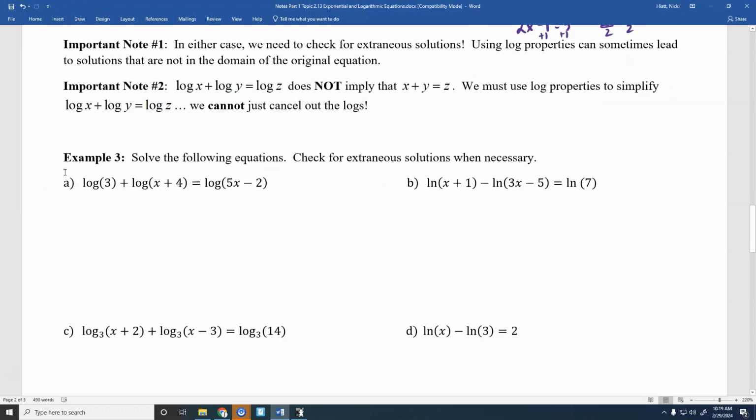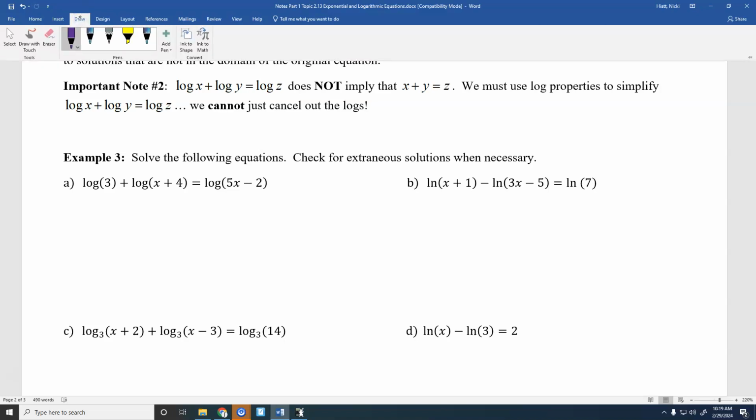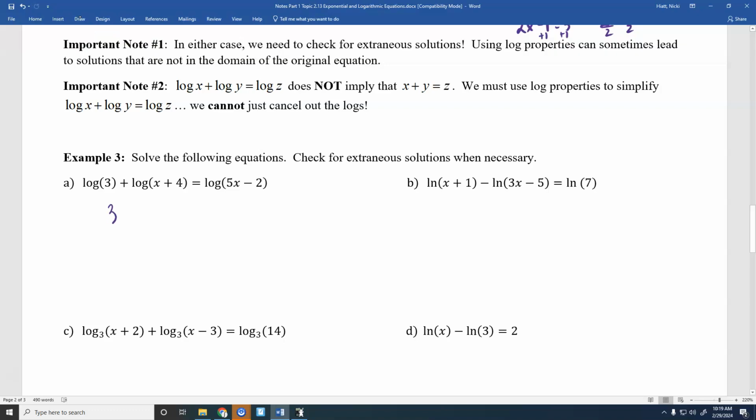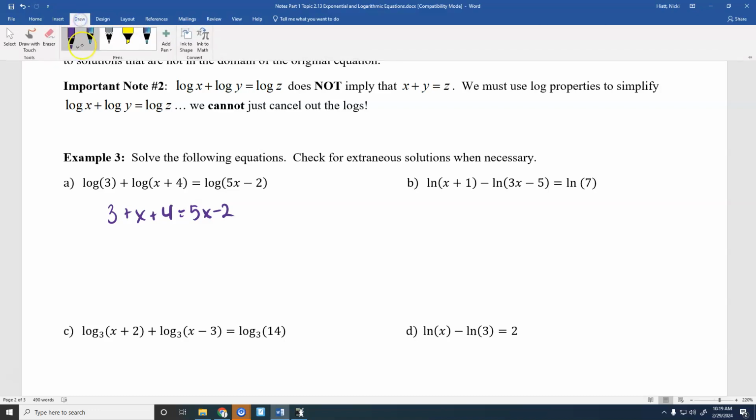So let's look at A right here. And we'll do A, B, and C. We may not get any further than that because we got stopped. Right now, what you cannot do on this, don't write this down, it is incorrect. You cannot say 3 plus x plus 4 equals 5x minus 2. Okay? You cannot drop all those logs. Okay? Because if we did this,